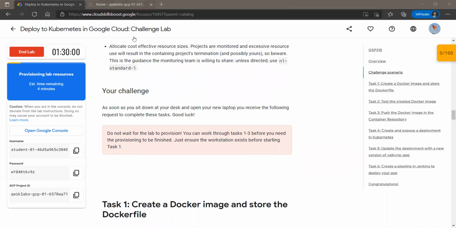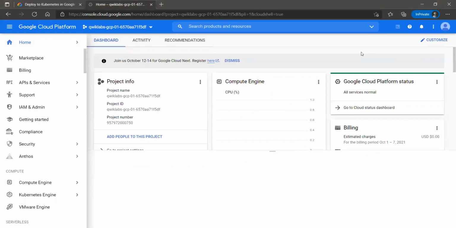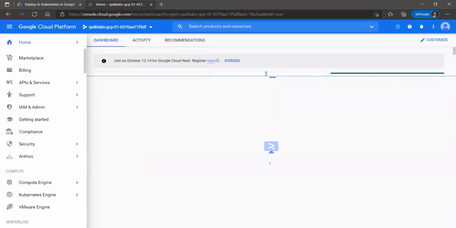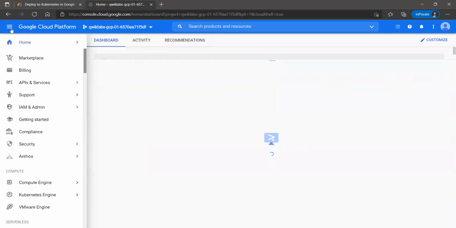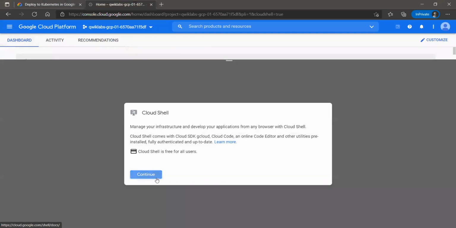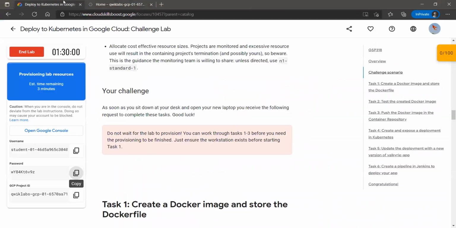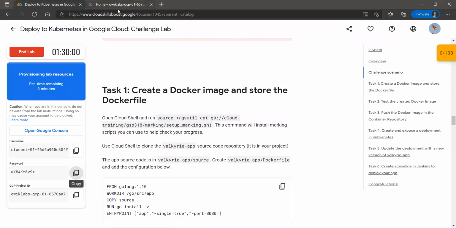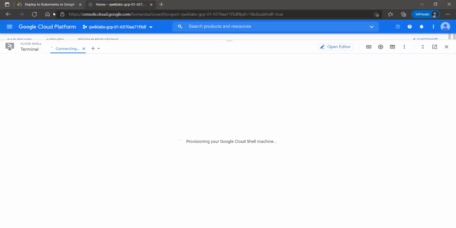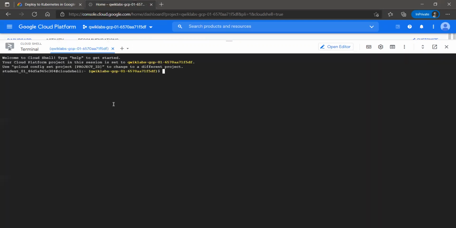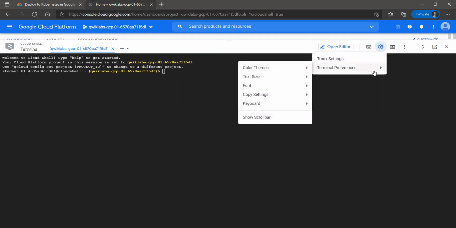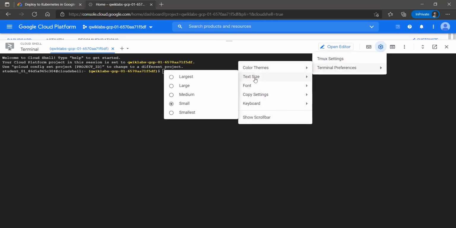Now let's open up Google Console and click on Activate Cloud Shell. Click on Continue. Just let me increase the font size for you guys so that you can see it properly.